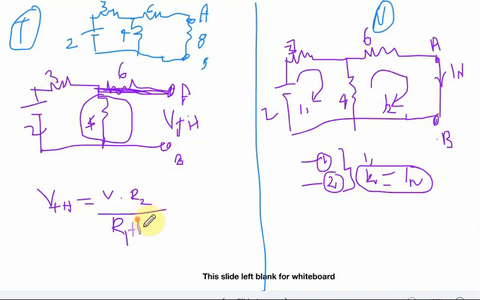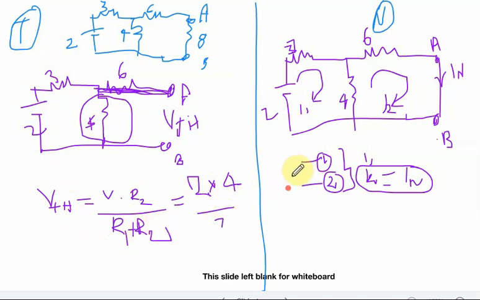Otherwise, one more complicated method, the Ohm's law method, is used: we will find V1 plus V2, which is equal to V, then you can find the I value, then substitute the V2 value. That is another method too. With the simplified method, what is the V value? 2. Then what is the R2 value? 4. Then the summation of the two values, 3 plus 4, is 7. That's all. VTH is found.